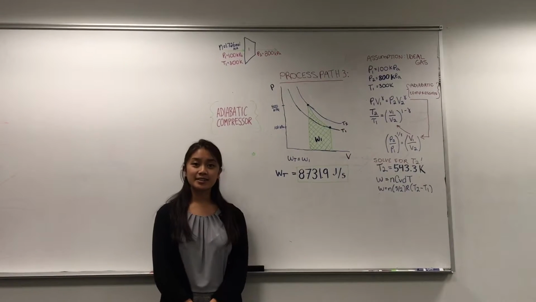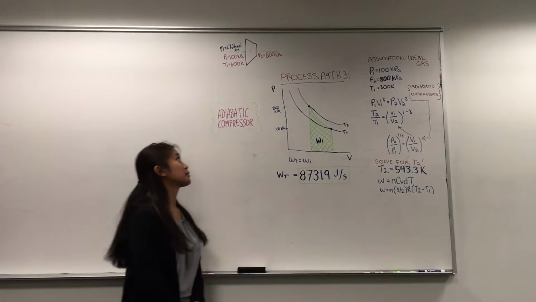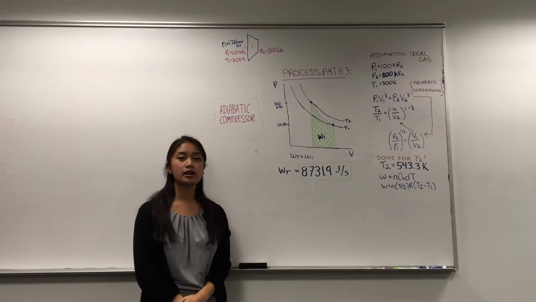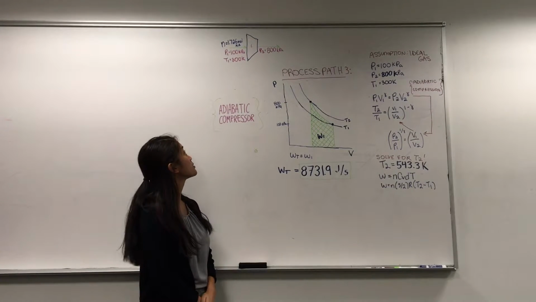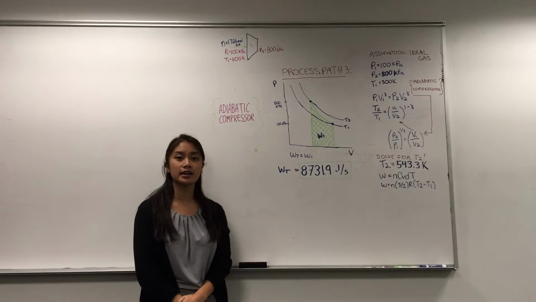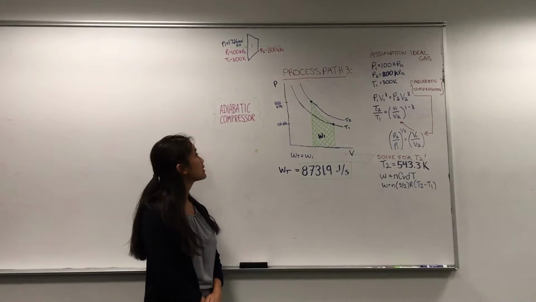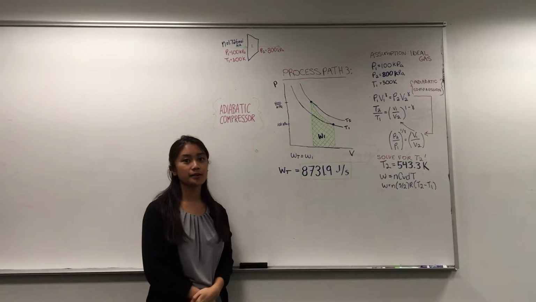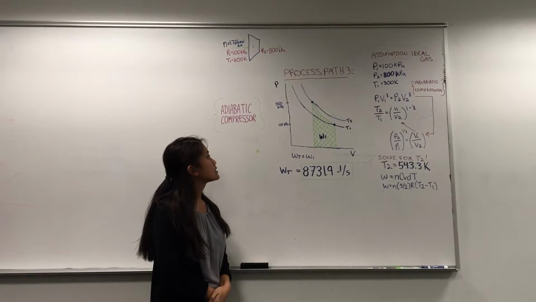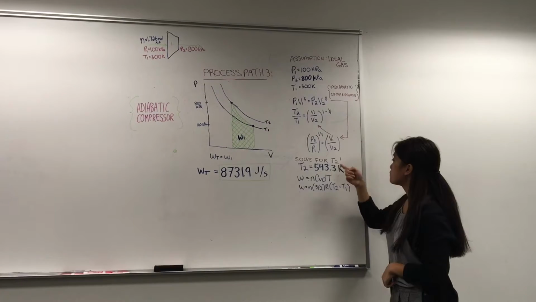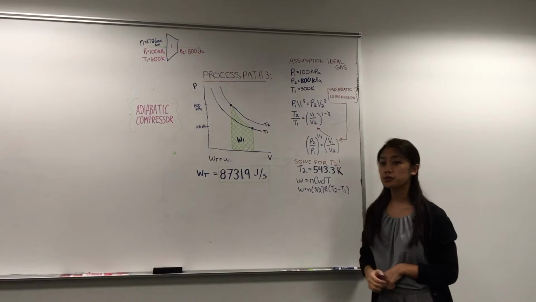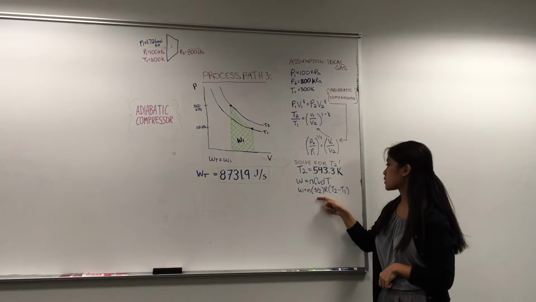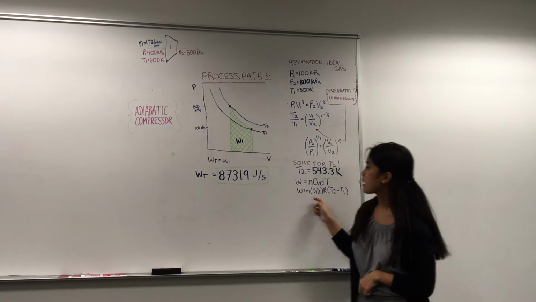For my system, I decided to use one single adiabatic compressor up here. So the inlet stream has a pressure of 100 kPa at 300 Kelvin, and the outlet stream is the desired pressure of 800 kPa. Here is a representation of the work on a PV diagram. So from this area, we can see that we have one single work to calculate. The T2 that I determined was 543.3 Kelvin, and with this, I plugged it into the equation for work and got a value of